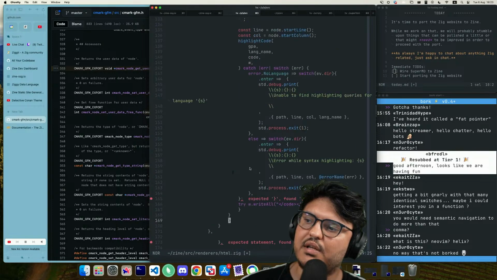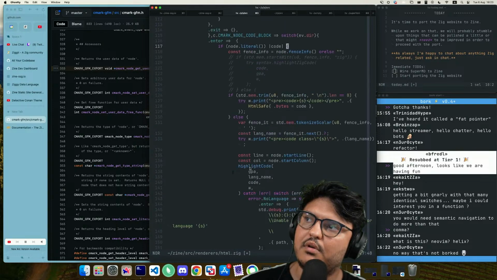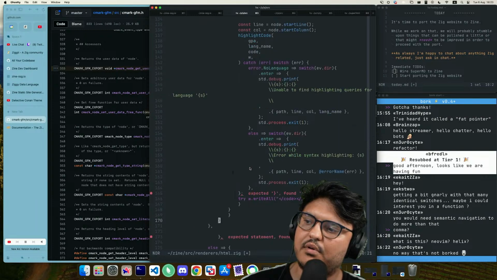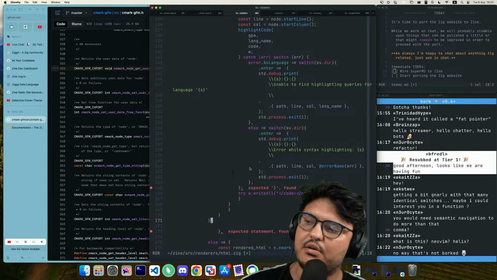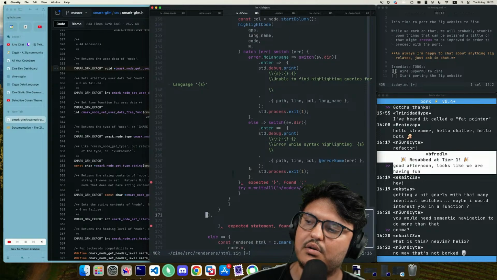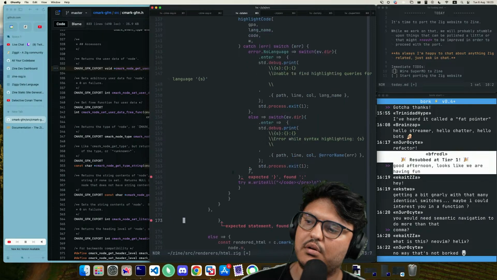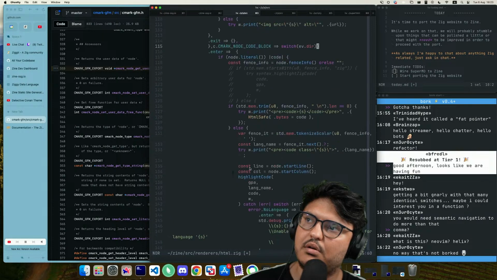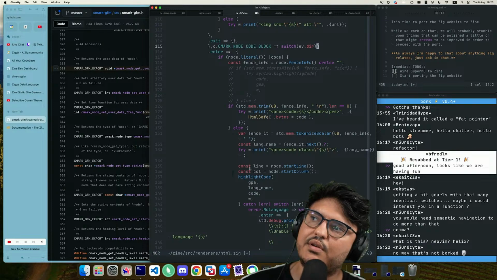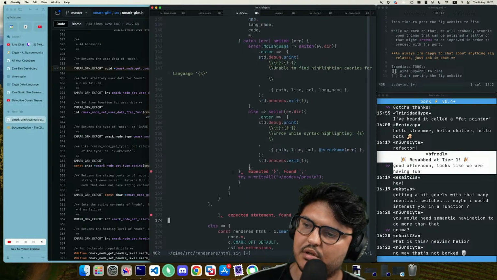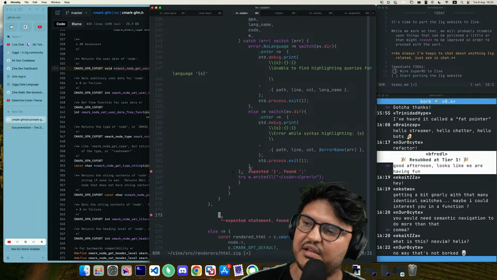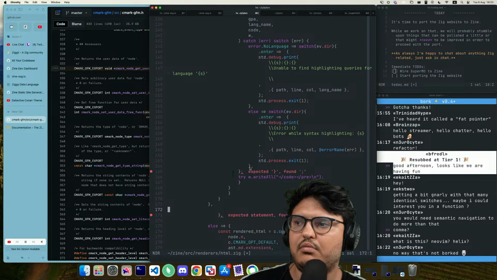This matches the if. This matches the outer if. This matches the enter. This matches the switch. Expected statement found, comma. Why do you expect that, my friend?